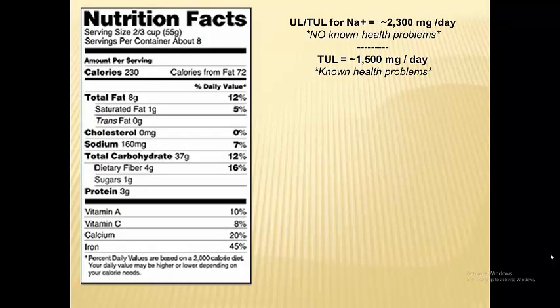So you learned all about the nutrition facts panel. You learned there's a tolerable upper limit for sodium. To put it in perspective, the tolerable upper limit for people with no known health problems is about 2,300 milligrams a day. If somebody has diabetes or high blood pressure or some other form of cardiovascular disease, then we usually say don't exceed about 1,500 milligrams a day, whereas the average American intake, thanks to all the preservatives plus the addition of salt, is usually at least 3,000 to 5,000.